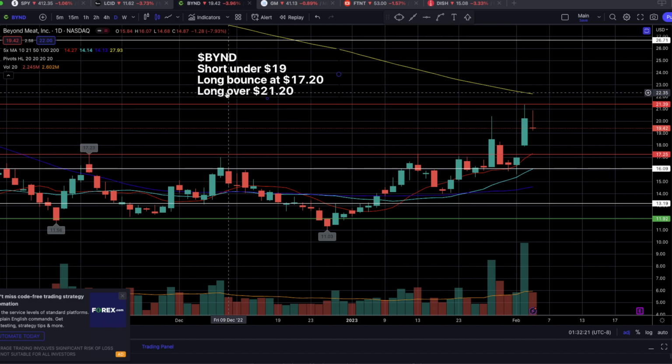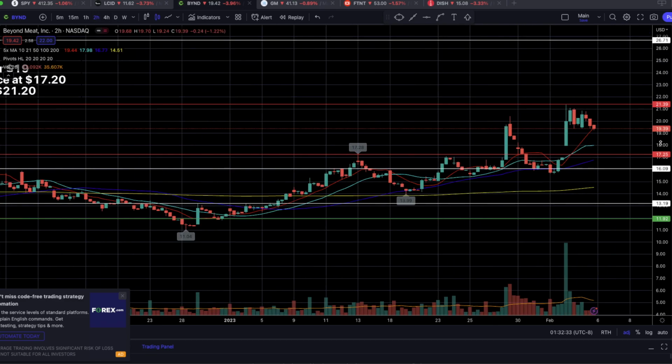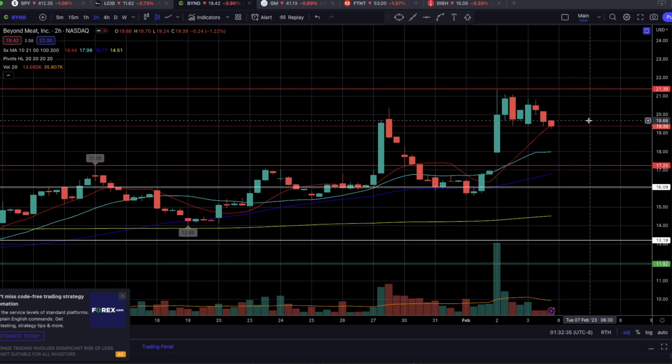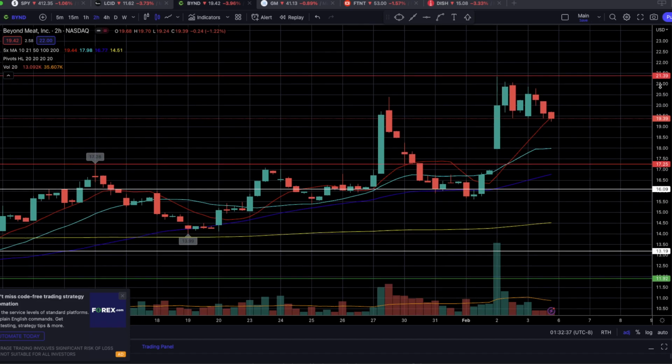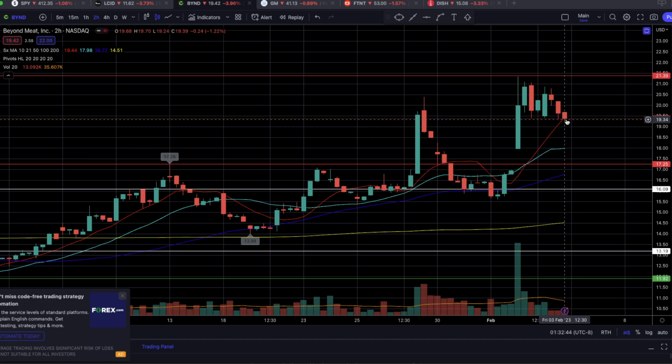Now, this is where things can get a little bit complicated. So on the first entry point here, I said you can short under $19. Why? Well, if you take a look on the 2-hour time frame, and if my analysis for the overall market is proven to be correct, I would expect Beyond to break below the 10 SMA on its own 2-hour time frame and eventually head back down to its own 2-hour 21 SMA, and that's where you can probably